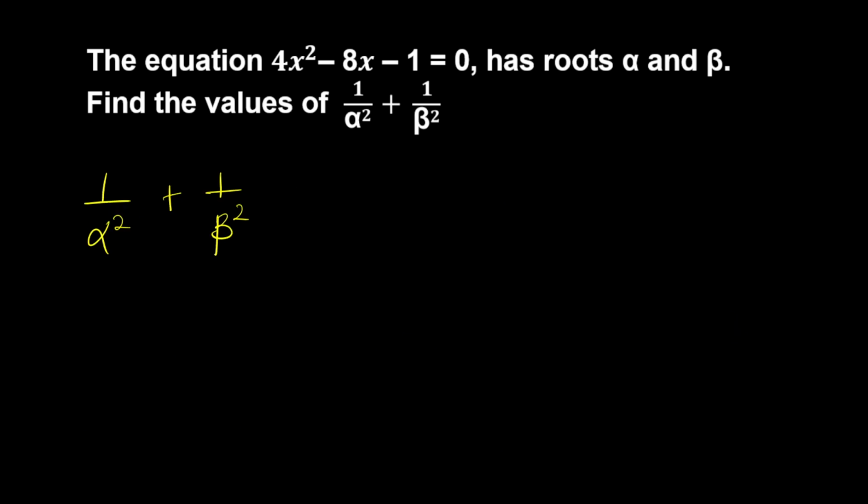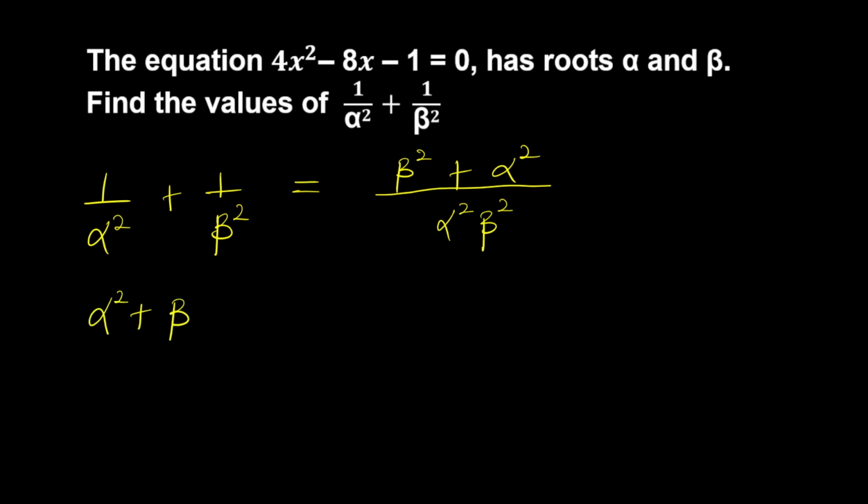The first thing we are going to do is to find a way to represent this in terms of sum of roots and product of roots. If we find our LCM, we are going to have alpha squared beta squared, and this is going to yield beta squared plus alpha squared. Now, if we rearrange, we are going to have alpha squared plus beta squared all over alpha squared